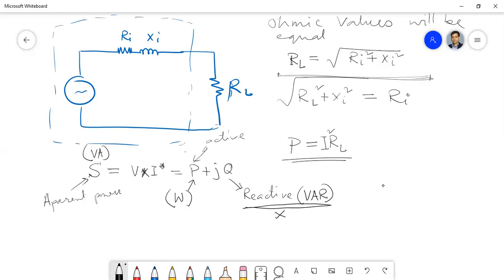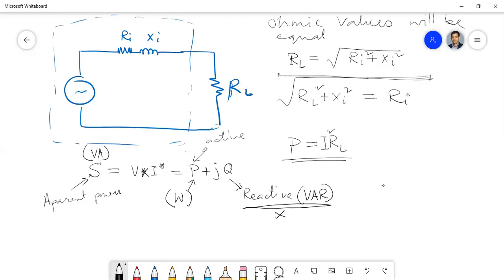Got my point? The power for which we pay the bill in our households is the active power. I think you know the units, the BOT, Board of Trade Units. What is that? Kilowatt hour. That means we are actually paying for the watt power. We are not paying for the wattless power, that is the reactive power.